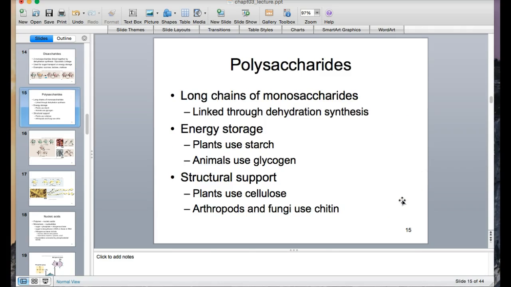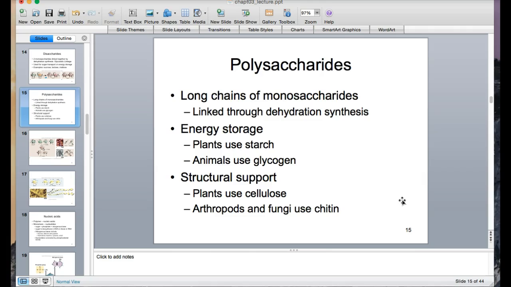And then, of course, you would have the polysaccharides. Polysaccharides are long chains of monosaccharides that are linked through dehydration synthesis. A lot of these are used for energy storage, such as in plants. The energy storage polysaccharide there would be starch. Starch is stored in the plants. In the animals, the storage form of that carbohydrate or polysaccharide would be glycogen. And glycogen, of course, is stored in the liver. Then you also have